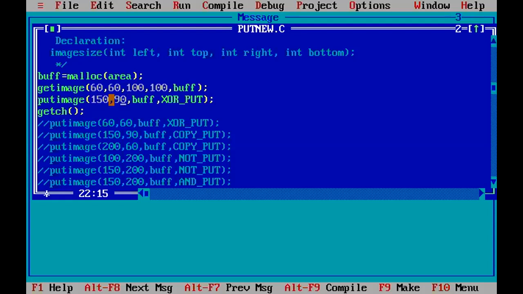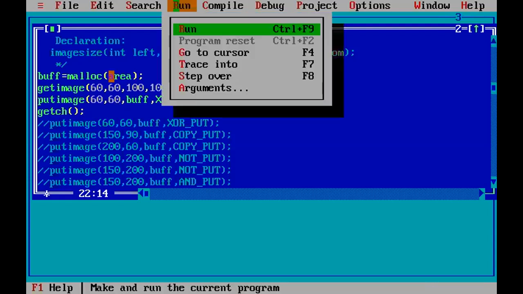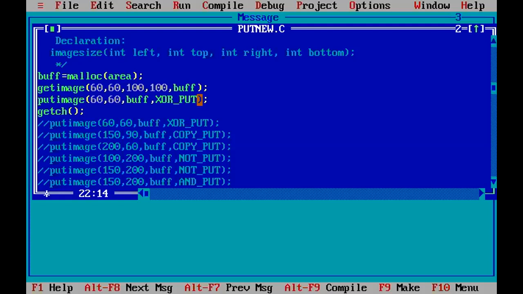But when I have chosen the 6060 here, what it does is the XOR operation between the object available at this location. At this location, a rectangle is already available on the screen as well as inside the memory. So the XOR operation will be performed here, and it is erased basically. So in this manner it is working. Fine.